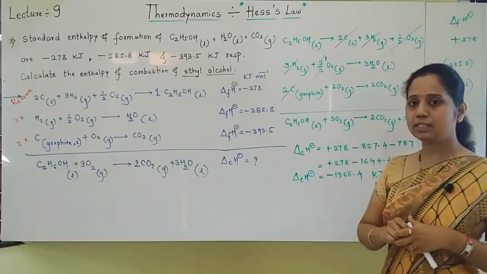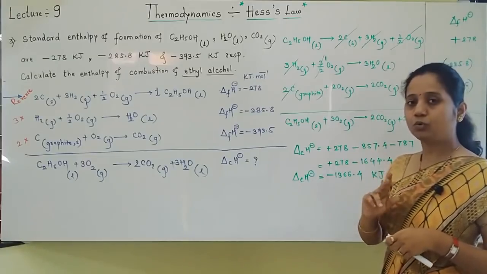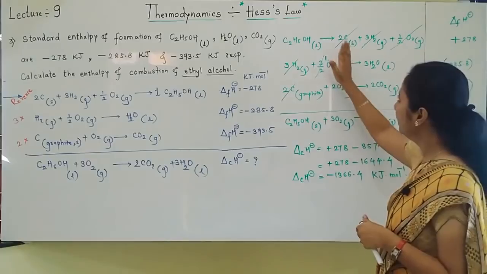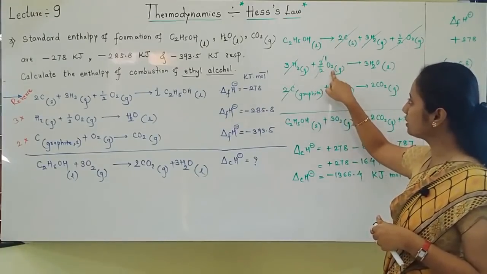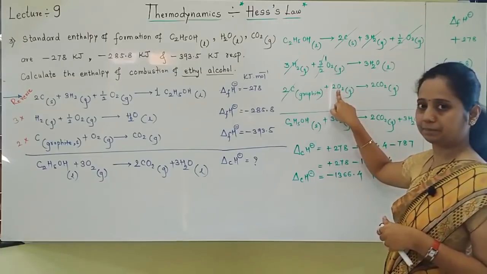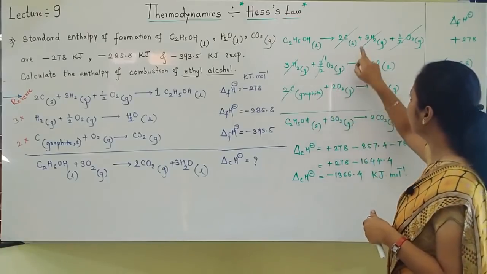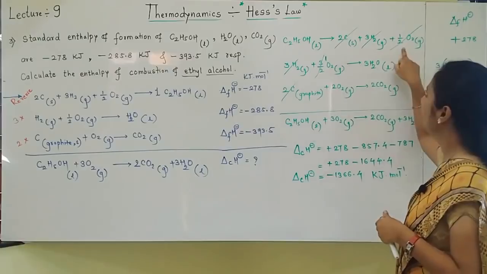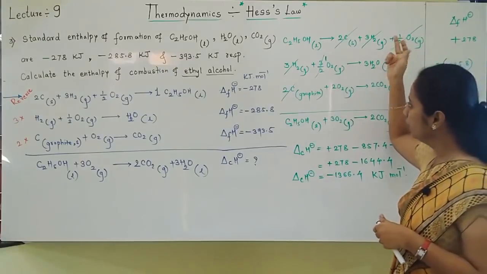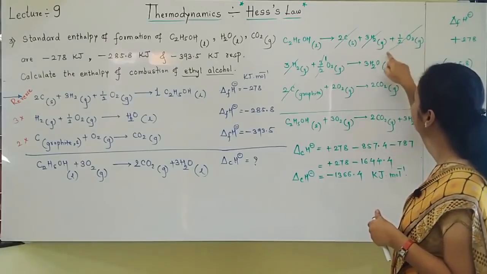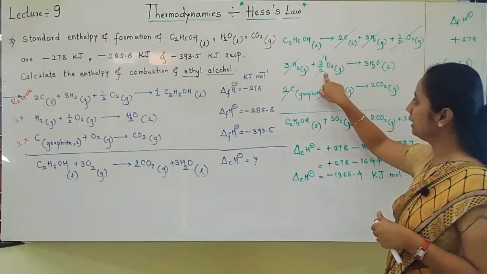Students, here one thing. In the case of oxygen you may feel difficulty. How to do it, just see once. On the reactant side, how many oxygens are there? 3 by 2 oxygen and 2 oxygen. And on the product side, how many oxygens are there? Half oxygen is there. So how should we cancel? I have cancelled like this. This half oxygen I cancelled with here.